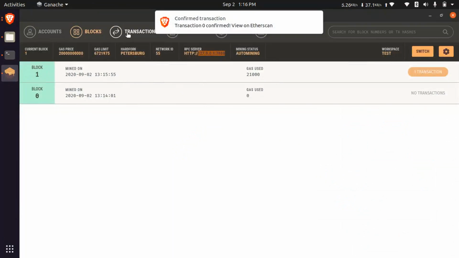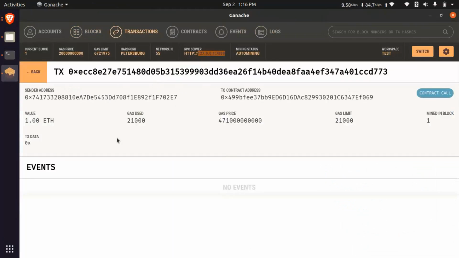And then you can see the transactions. The transaction is here. The mined block is one. The first block is mined.